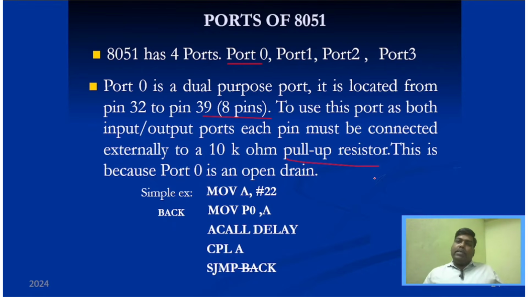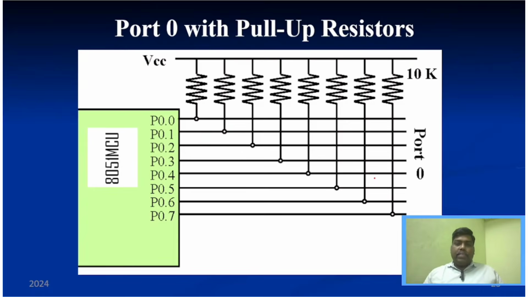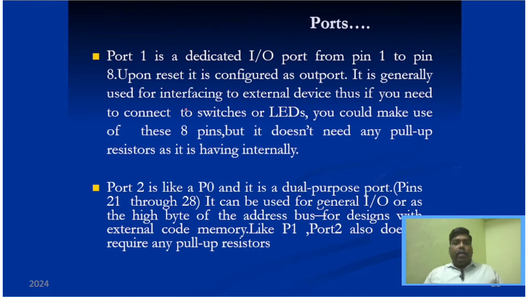How will this pull-up resistor be connected? It will be connected between the signal line and the voltage line. You can see this diagram. We have to connect a 10 kilo ohm resistor as a pull-up resistor between the signal line and VCC. This will act as a pull-up resistor and make the signal line stable in the high state. Similarly, a pull-down resistor may be used in other configurations to keep the signal in the low state.